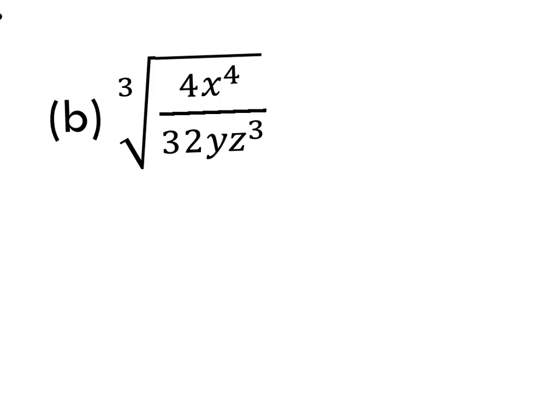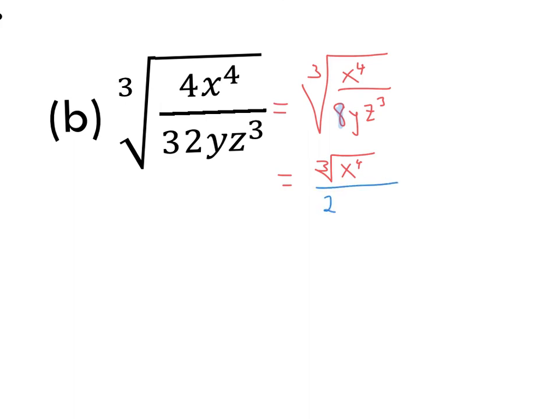Okay, so because we have a cube root and we have one fraction, I would probably reduce it as much as I possibly can. So I know this is going to be the cube root of x to the 4th over 8yz cubed, because 4 over 32 reduces to 1/8. And I also know that it's like the cube root of x to the 4th. And if I look at that denominator, notice 8 is under a cube root, which means it's a perfect cube. So a 2 can come out,